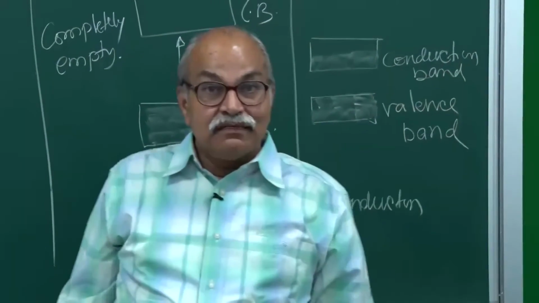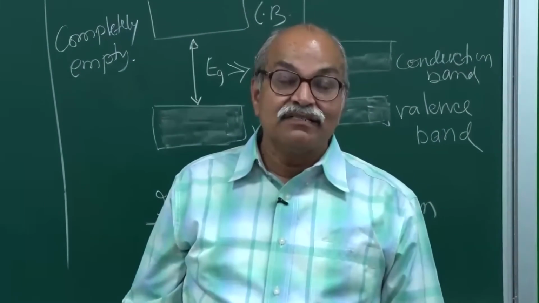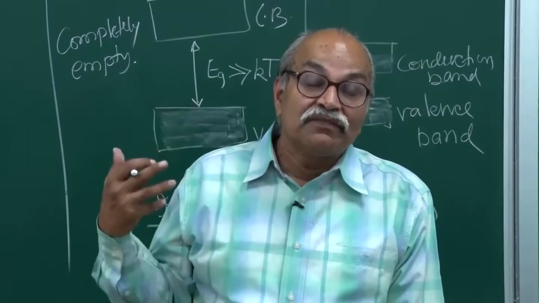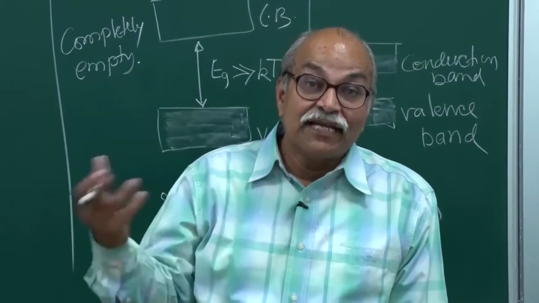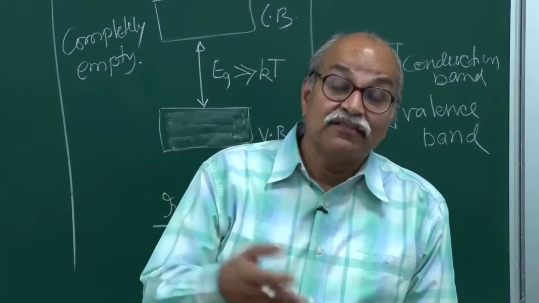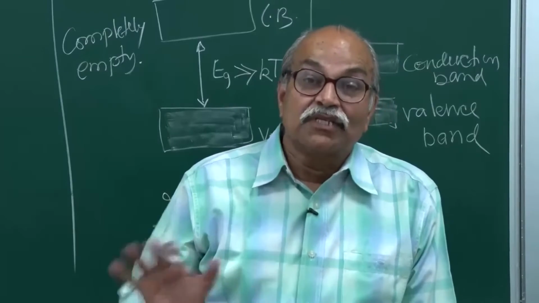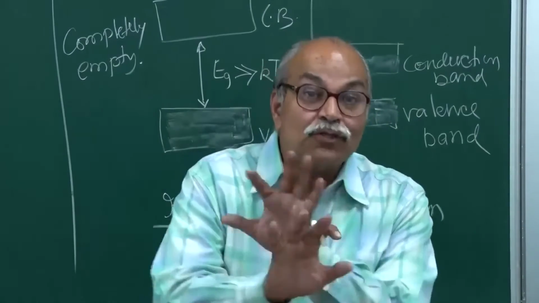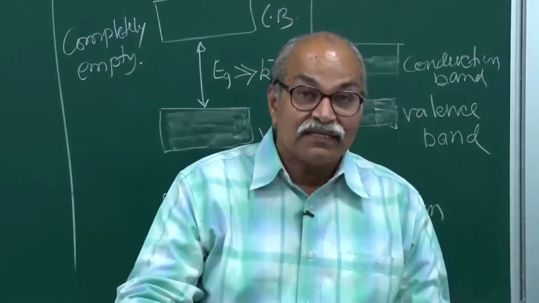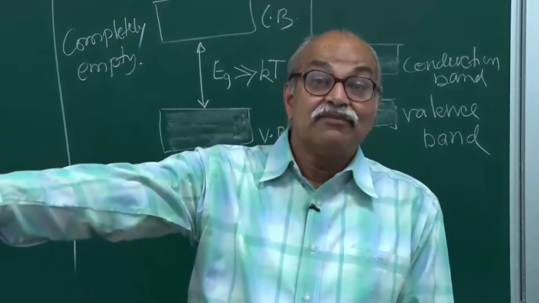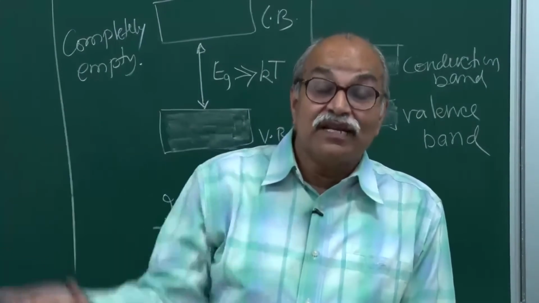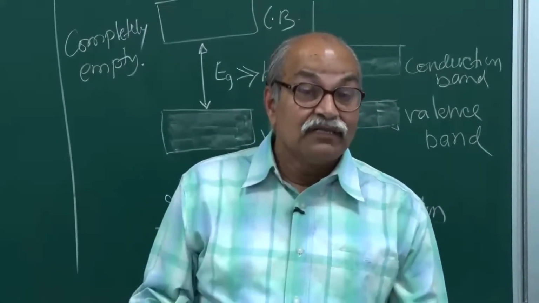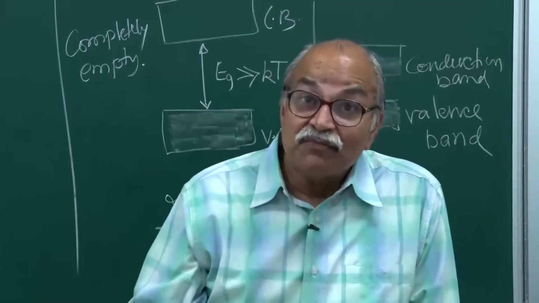But then there are interactions in which the energy exchanged is much larger than this, double of this, 5 times of this, 10 times of this, or half of this, or 1/10 of this. That's all possible. But the probability close to this kT will be much larger, and if I say 10 times kT, the energy exchange will be less probable, 100 times kT will be still smaller, 1000 times kT still smaller, and so on.